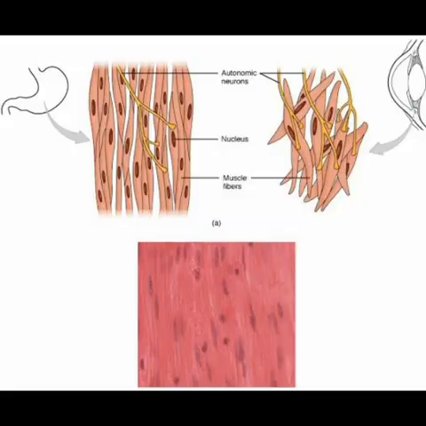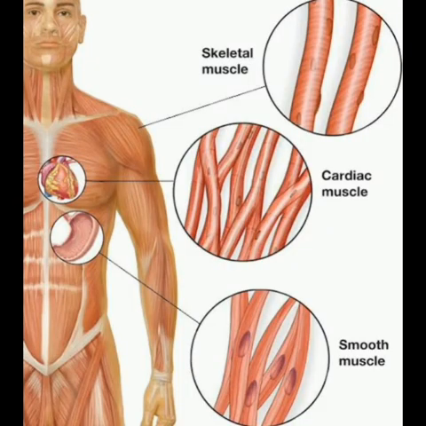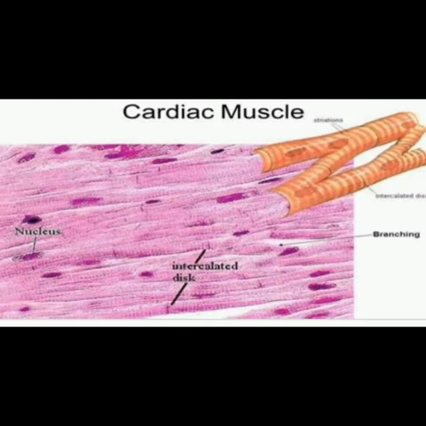The last type of muscle we are going to deal is cardiac muscle, or the muscle with which our heart is made of. Now we will cumulate the features of these muscle cells. What is the shape of these muscle cells? Like the skeletal muscles, these muscle cells are also cylindrical. They have only one nucleus, means they are uninucleate.